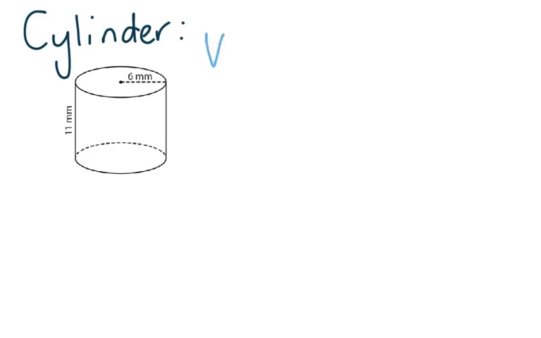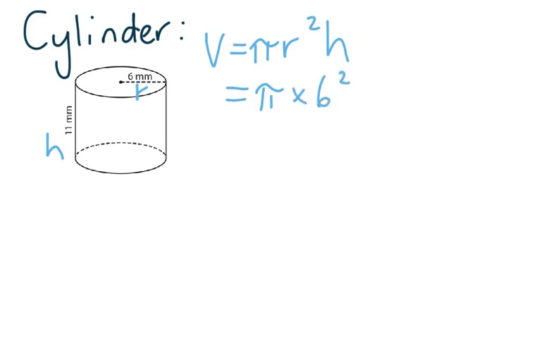So to do that, we would do pi times the radius squared, and I'll just label that 6 there as the radius. And then we have to multiply that by the height of the prism. And again, that 11 centimetres is going to be the height. So for this, I would have it as pi times 6 squared, remembering to put my multiplication signs in, times 11 to give us